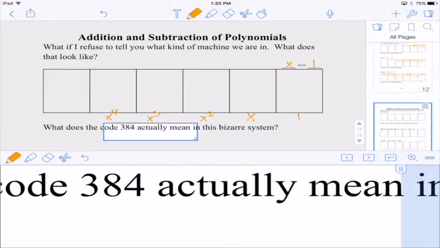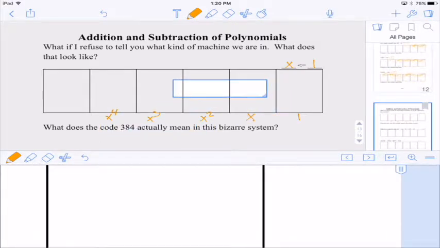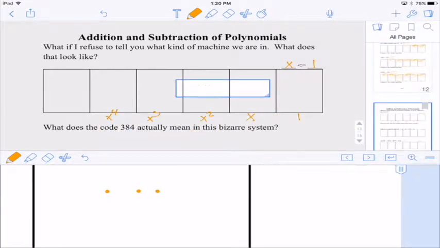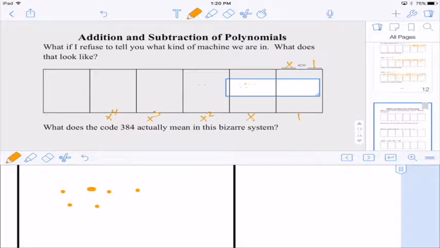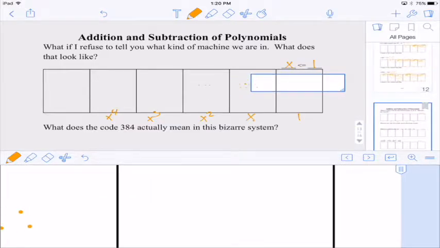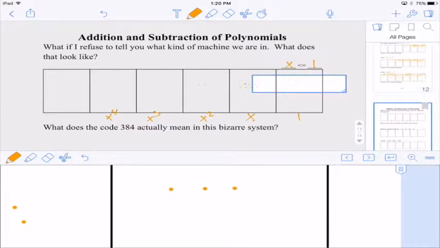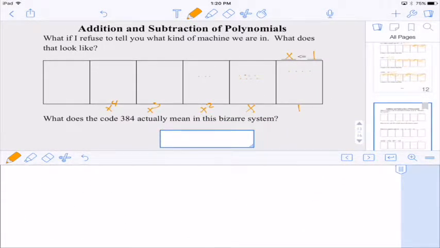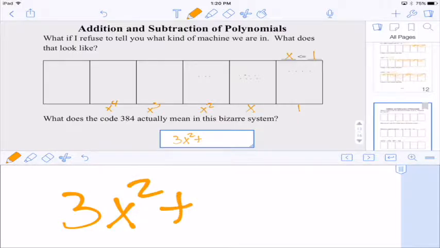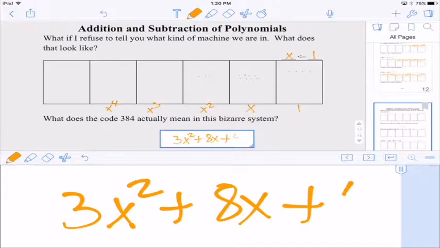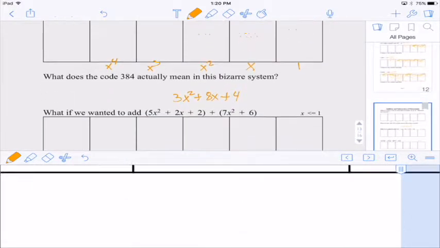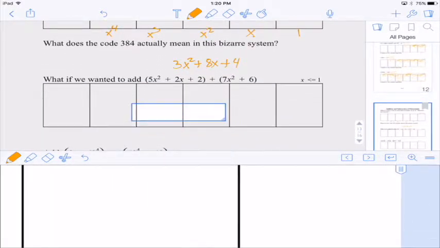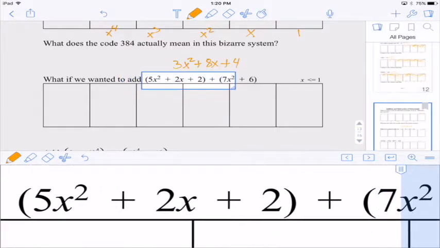So what does 384 actually mean? Well, 3 dots, 8 dots, and 4. What does that actually translate to? Well, that is 3x squareds plus 8x plus 4 ones. Okay? So now if we want to add two things together, well, we can use this dot box